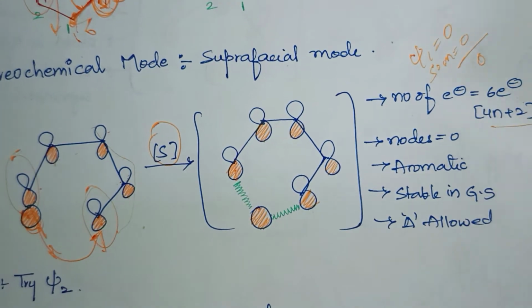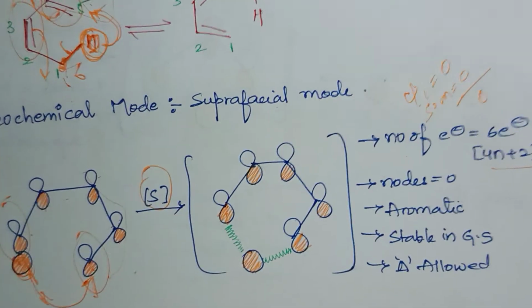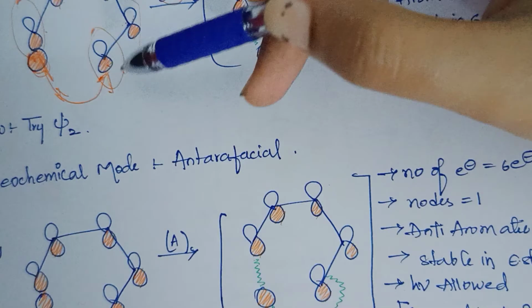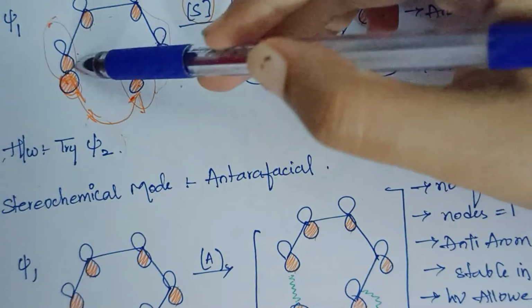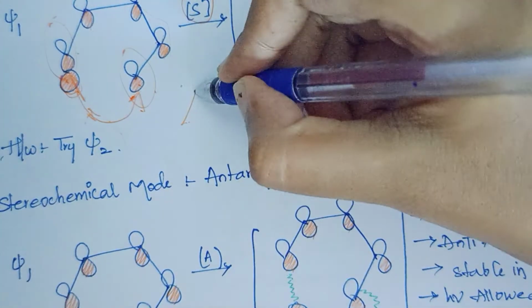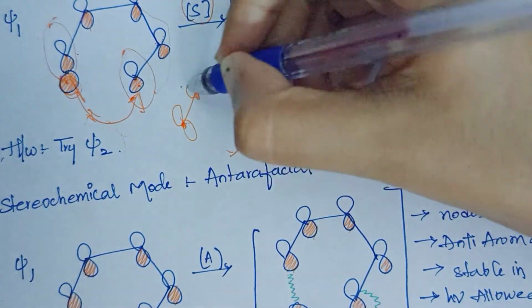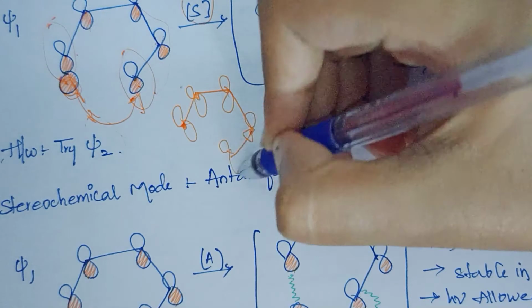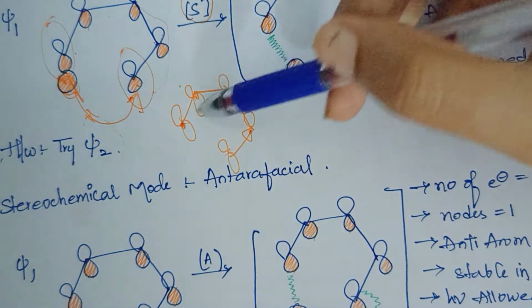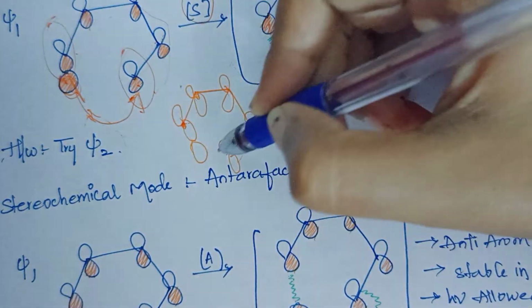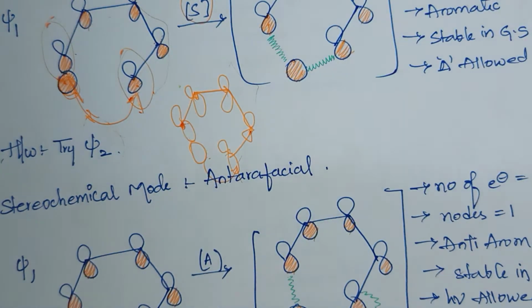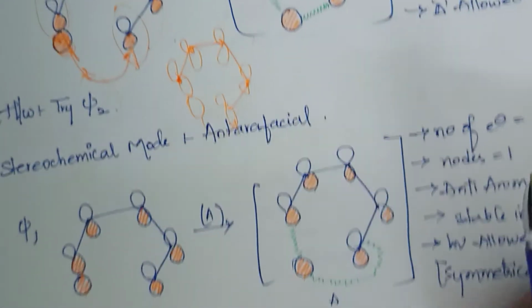So in this way you have to write it. I hope you understood. You try an example showing xy2 mode. So you take a system. How do you draw a system? First draw 5 carbons, 1, 2, 3, 4, 5. Later you keep the p orbitals. So based on the orbital xy1, xy2, xy3, xy4, you do shading. You keep oxygen here. If it is supra, do migration in this way. Okay, you try xy2.